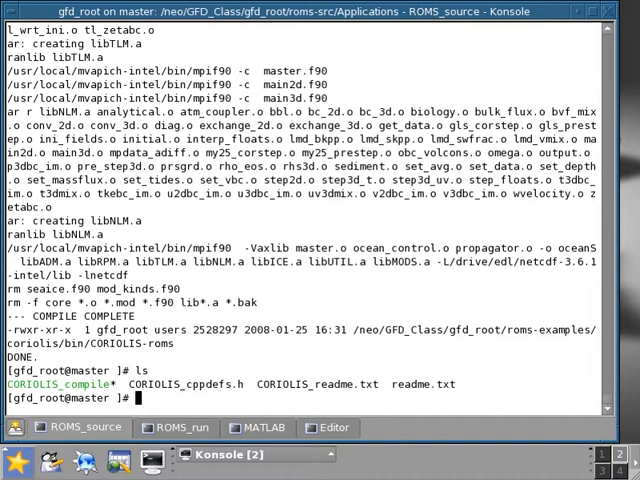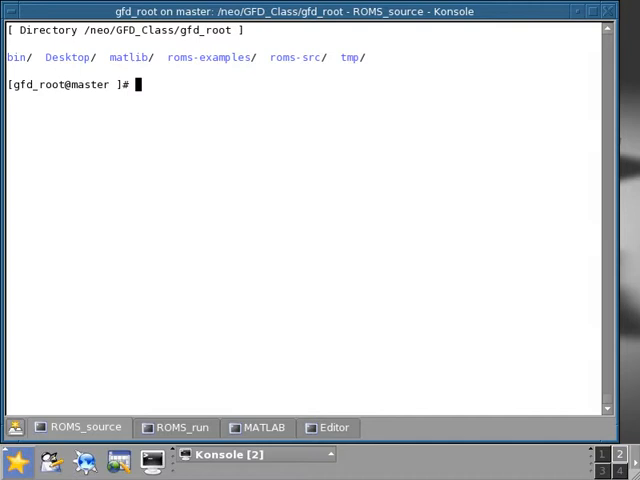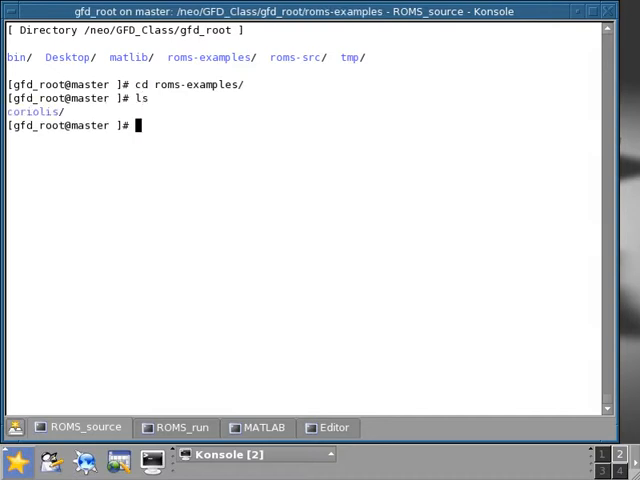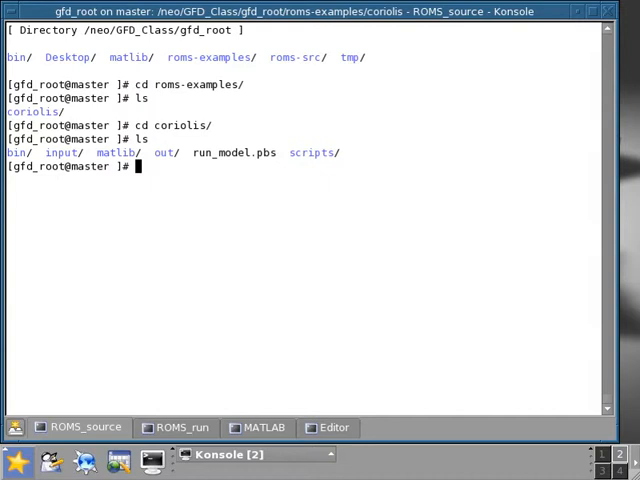Once you compile the code, we're going to go back to our home directory, cd. I'm going to type ls to see the listing of the directory, and at this point we're going in the roms-example directory, type ls, and you already have their directory Coriolis where you can run your example. You type ls. To run the example, you have to use a particular command called qsub, which is a command that submits a job for the cluster,